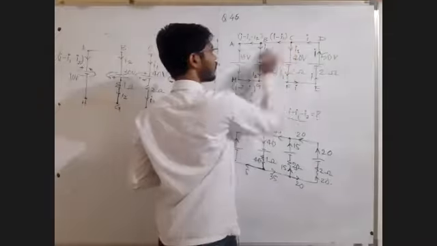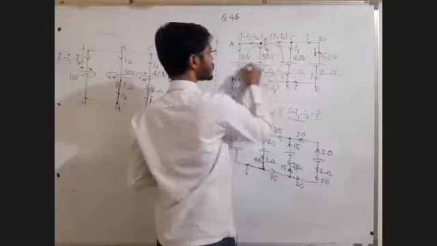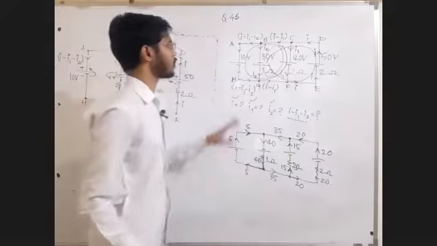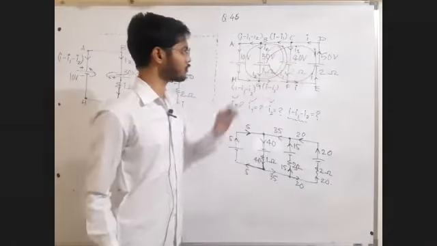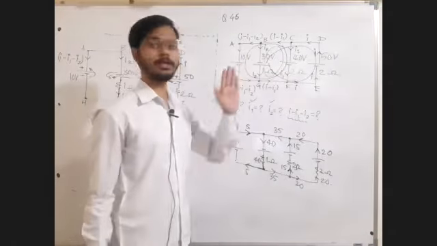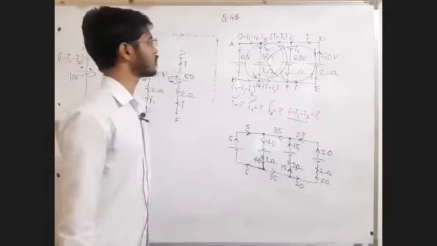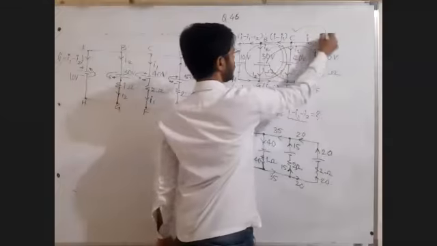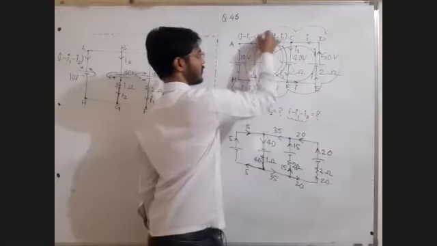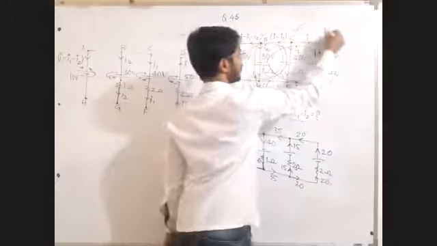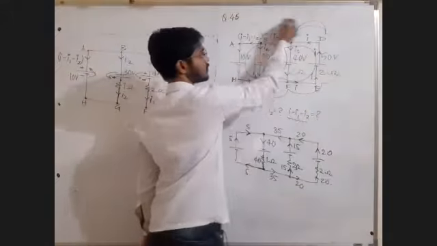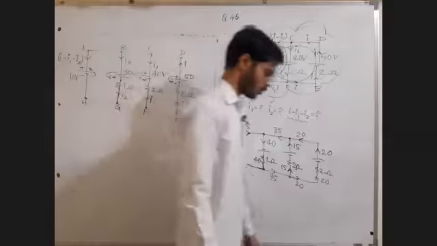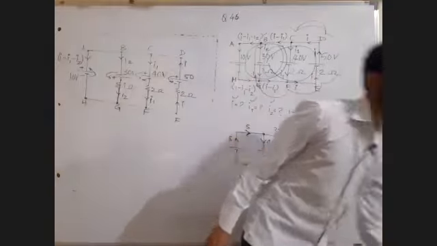Absolutely no problem. One loop, second loop, third loop. In this way also, I have included each and every branch. You have to ensure that the three loops are independent of each other. Means you cannot do it like this: B, C, D, E, F, G, B, and again C, D, E, F, G, B, C. No. Ultimately, you are writing the same loop. That you cannot do. You have to write three different loops.